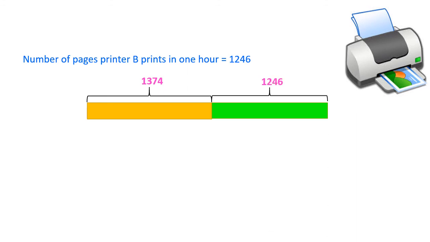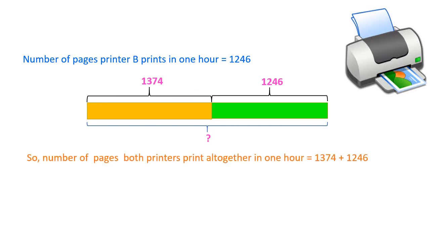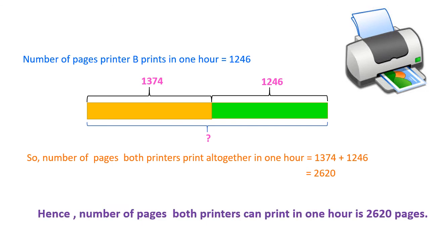So in order to find out the total pages printed by both printer A and printer B, we have to add both the numbers. So number of pages both printers print all together in 1 hour is equal to 1374 plus 1246, and the answer is 2620. Hence number of pages both printers can print in 1 hour is